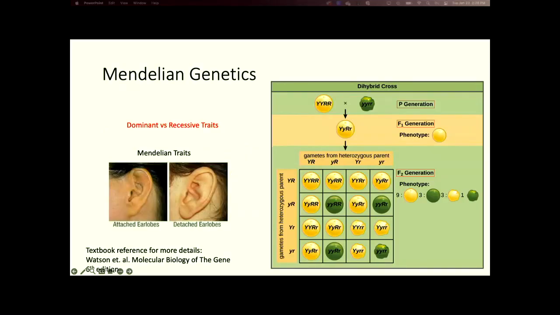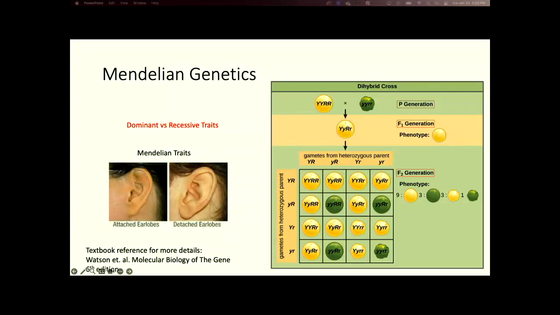And so in Mendelian genetics, we think about dominant versus recessive traits. An example of a recessive Mendelian trait in human populations is attached earlobes. So if you look at your earlobes, at the bottom of them, they're either attached to your face or not. So you can see that I have attached earlobes. That little piece of flesh is attached to my cheeks, like the figure on the left,